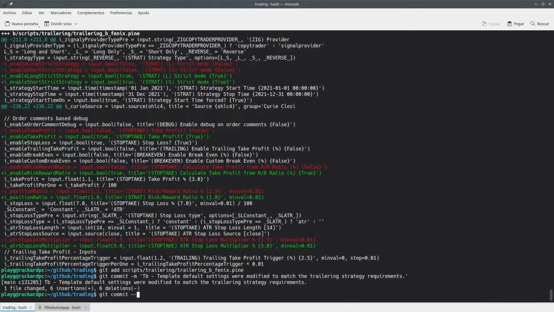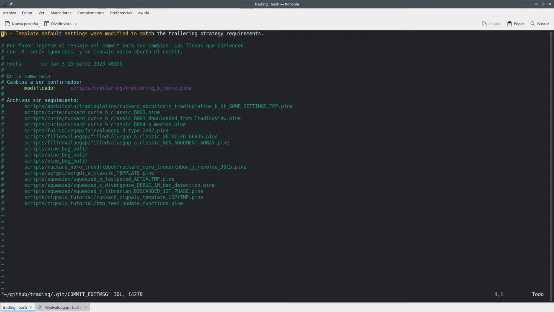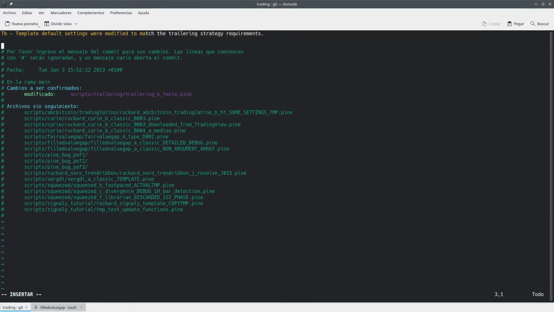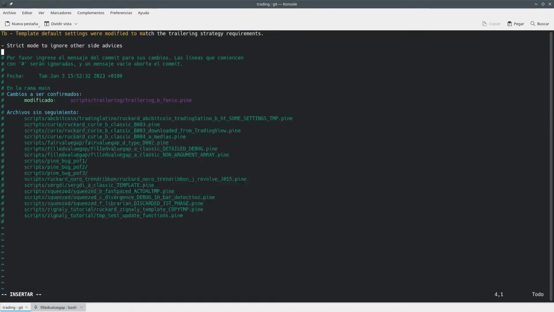So basically, this is strict mode to ignore other side movements of other side advices, and then a big ATR so that it has some bars to be